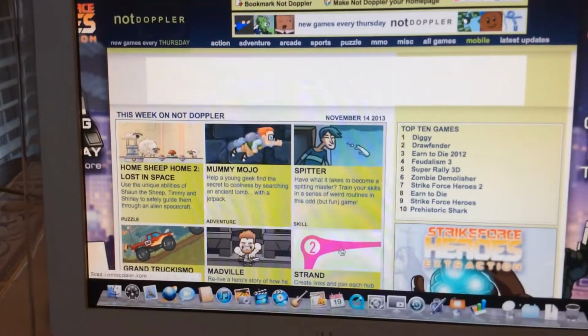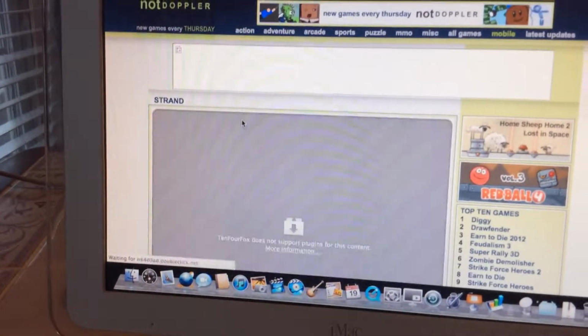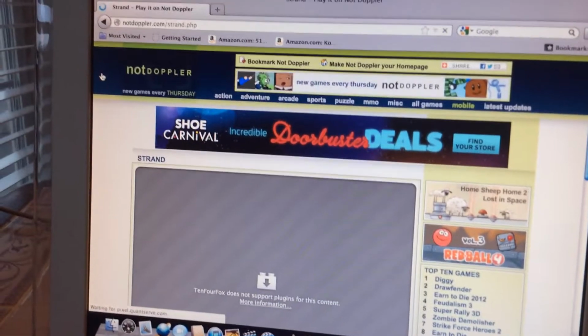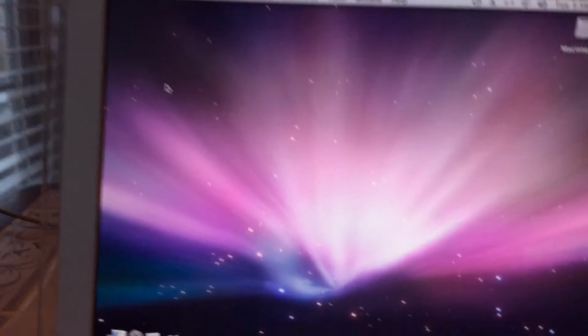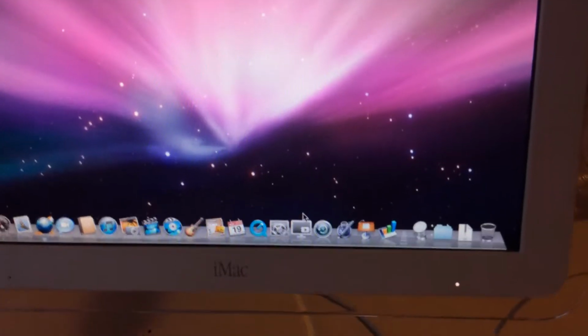Let's say if it'll play a simple game. And it won't. So, you're really just stuck to basic web browsing. And just to show you that it can actually play